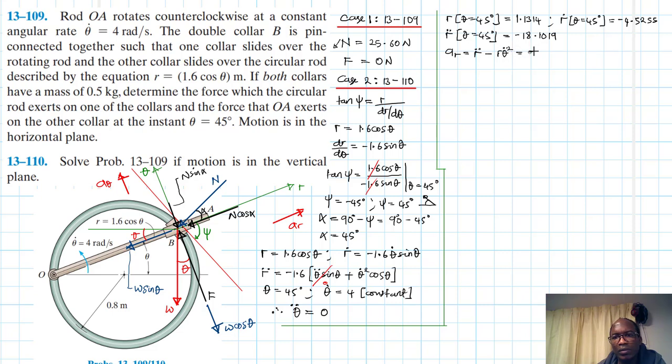So a_r is minus 18.1019 minus 1.1314 times 4 squared,